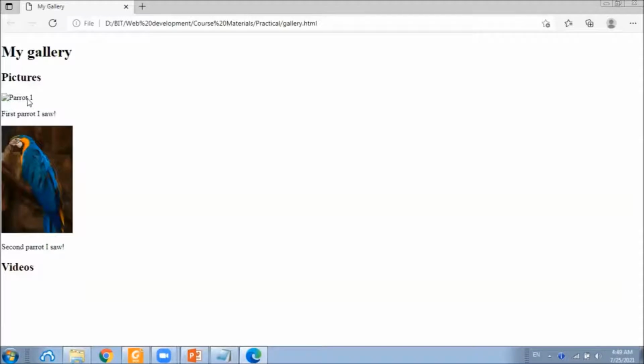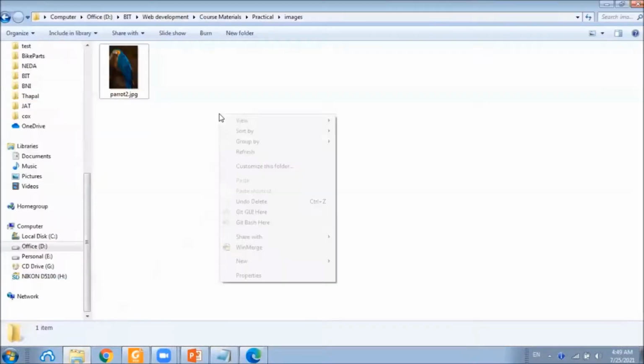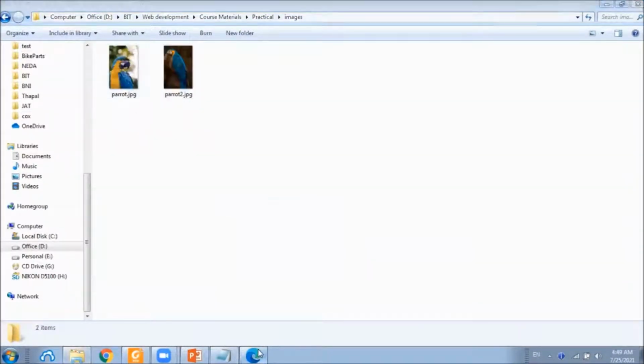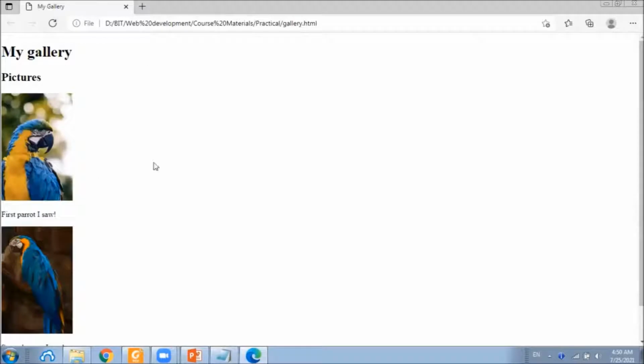This is the alt text which is appearing instead of the picture. But the user can get an idea by looking at this alt text. If we undo delete, that will appear again.